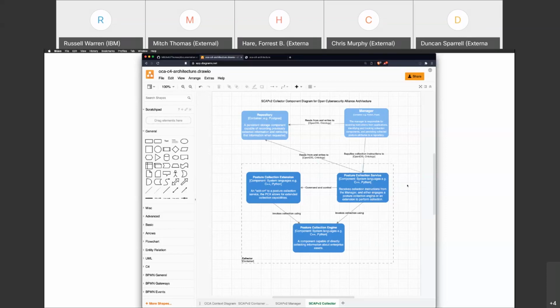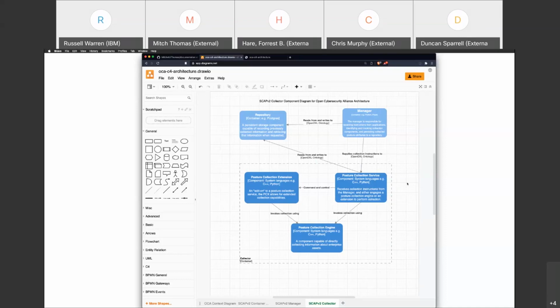Pausing right there for a second, we have a question. It's a great question and good work, and you could stick it on a parking lot or in an issue. But do we have a process so we don't lose it? Typically in regular development, you'd stick it in a GitHub issue. Is that the right way to handle it? I love that you're talking about various issues so we don't lose them. I think it might be good to have some process, I don't care what it is. We don't want to handle them all now. We want to stick them aside and get back to them later. We just don't want to forget them.